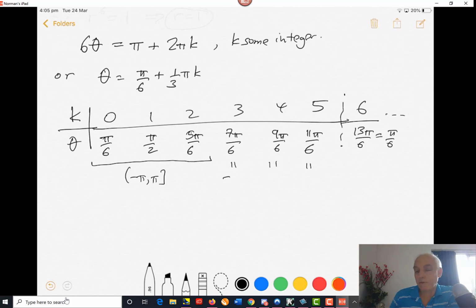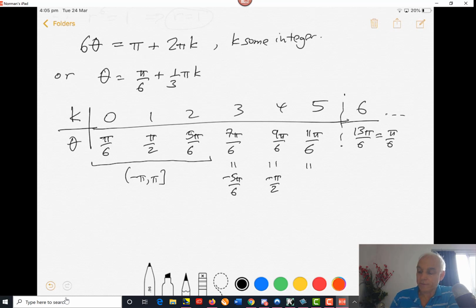We can write this as minus pi on 2, and we can write this one as minus pi on 6. So there are 6 solutions. The solutions to z to the 6 equals minus 1 are,